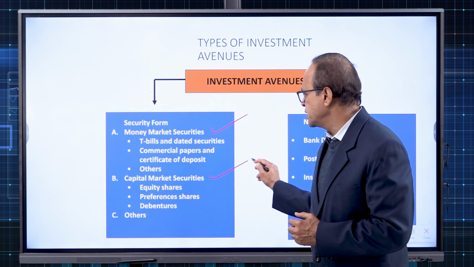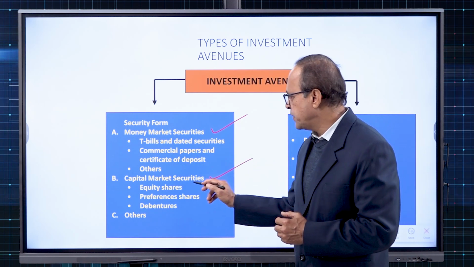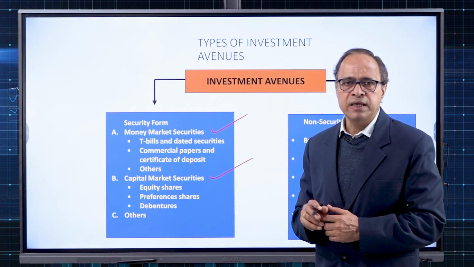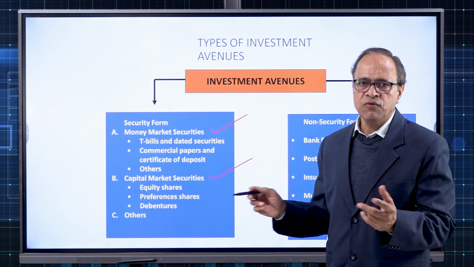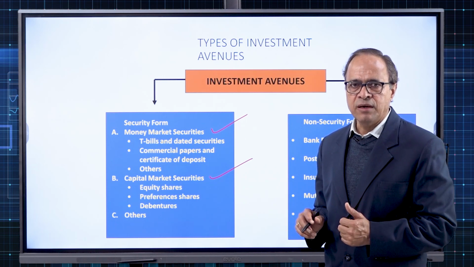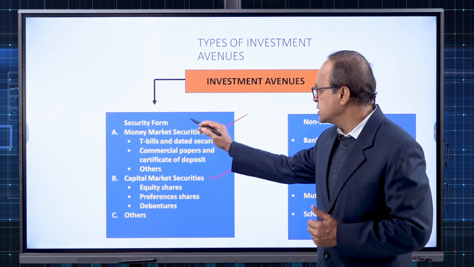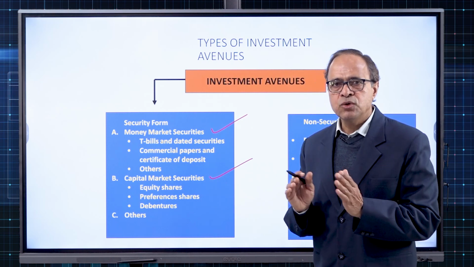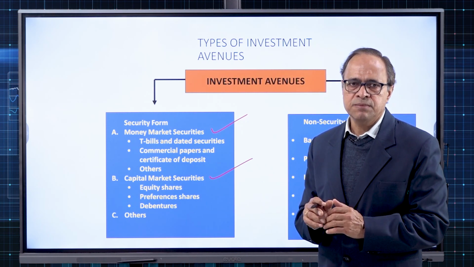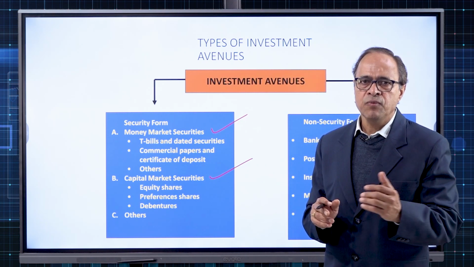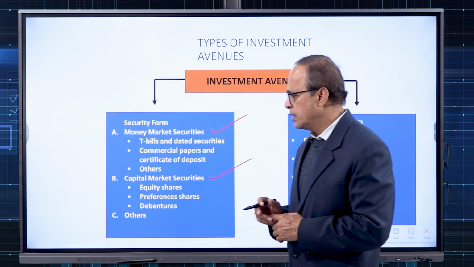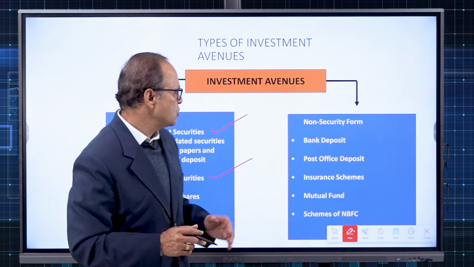Capital market securities: equity shares, preference shares, debentures, and we might have others, maybe mutual funds. So these are the securities which are negotiable from one person to another person. These are transferable from one person to another person. Whereas if you see the non-security form,